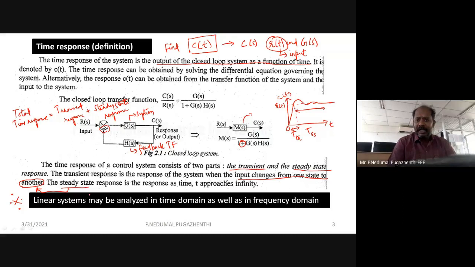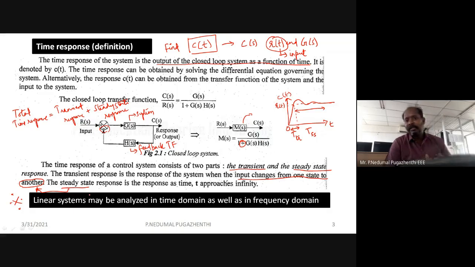What is the character of a system that can be captured in the transient part, and what is the character of the system that can be captured in the steady state part? That is very important. We will discuss it in detail in time domain specifications, but we should know it initially. So I am posting you a question now, and I hope I will get some answer from you. Once I receive the answer, what can I comment about it?